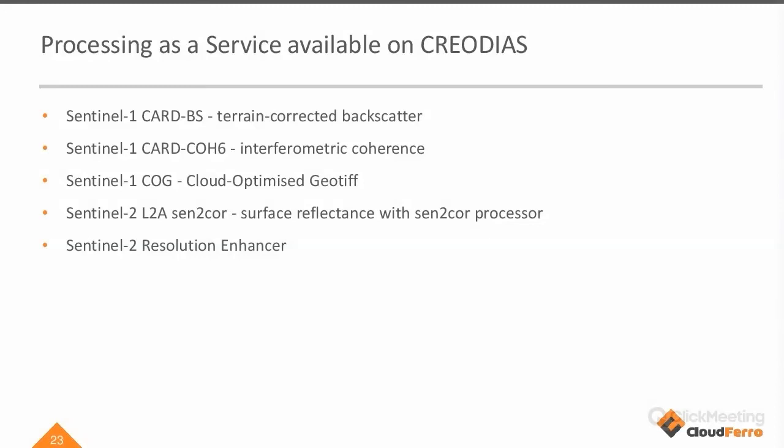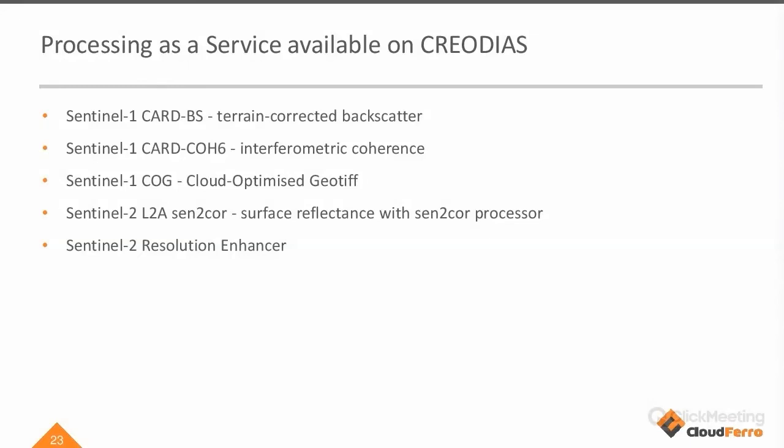So what kind of services do we have here? There is Sentinel-1 terrain corrected backscatter. There is Sentinel-1 interferometric coherence. There is also Sentinel-1 cloud optimized GeoTIFF. Sentinel-2 surface reflectance with the Sen2Cor processor, and also Sentinel-2 resolution enhancer. Actually, the Sentinel-2 resolution enhancer is our latest, newest processor, which we are really, I would say, proud of. And we think that all of the processors are very useful for work and for conducting projects. But the resolution enhancer gives us